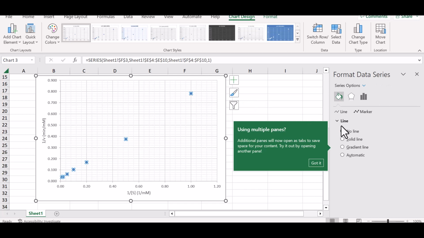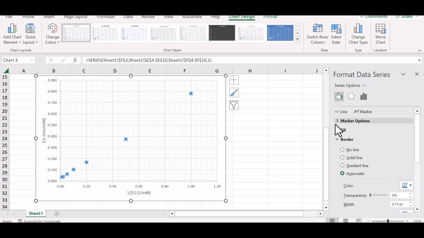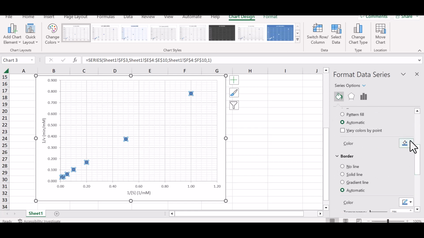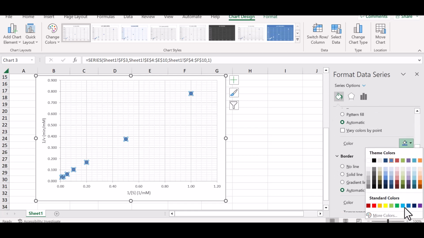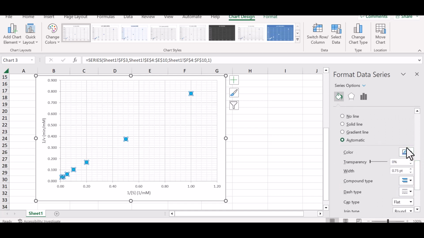If I select the data series and then the marker options, I can change the size of my circles. I can change the color of the fill. I can change the color of the border,